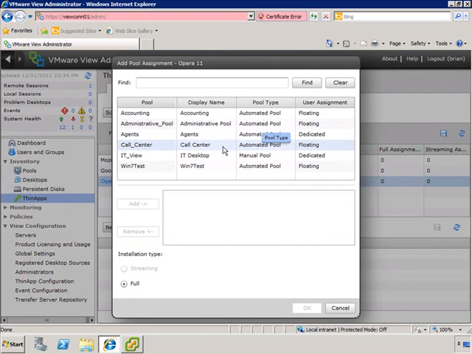And we'll add it to the call center pool by selecting Call Center and then clicking Add. You can see in the installation type that we have choices of streaming and full. Currently, streaming is disabled. There are 2 things that need to occur that we haven't set up to allow streaming